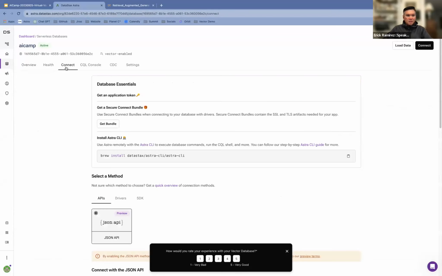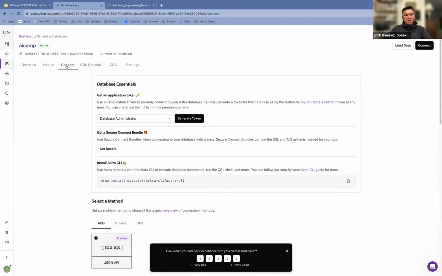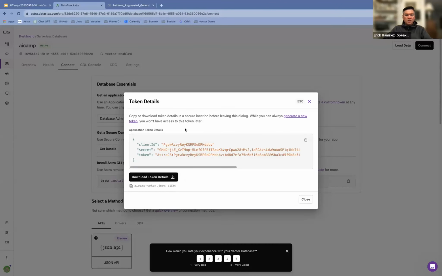I'm going to click on Connect for the database and generate a token, so we can connect. Here's the token that it generated. It's really important that you save this token, the one that starts with AstraCS, to connect to the database.